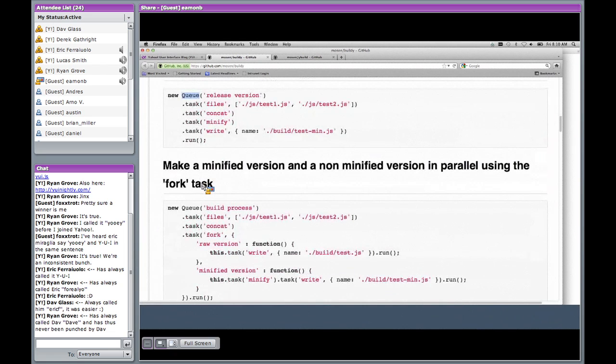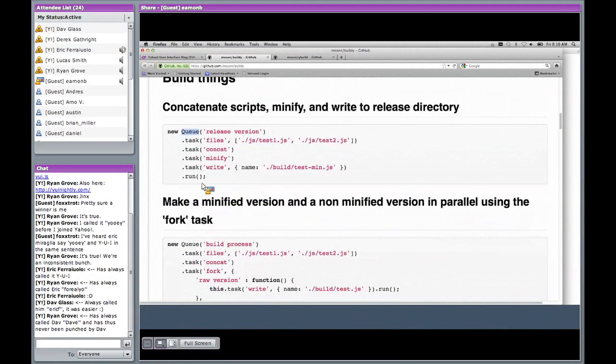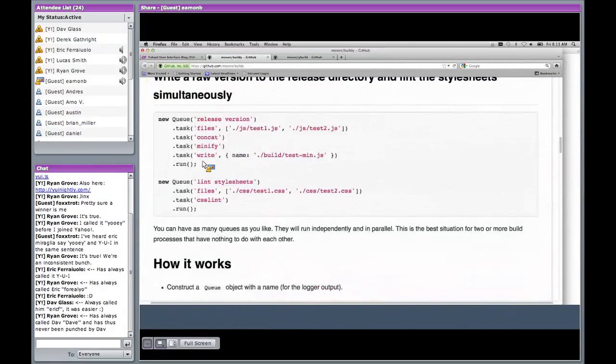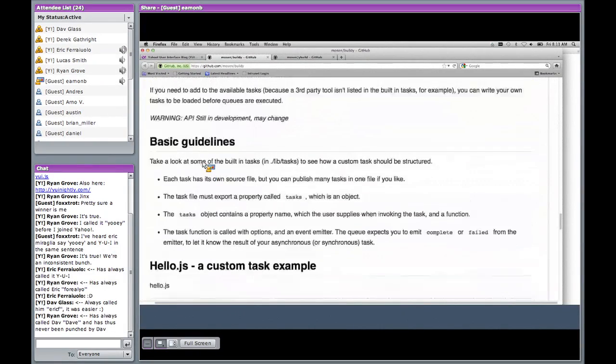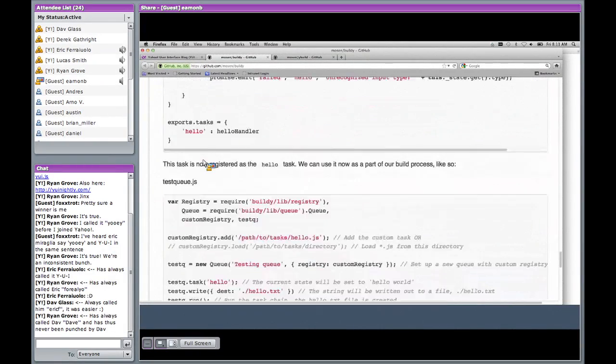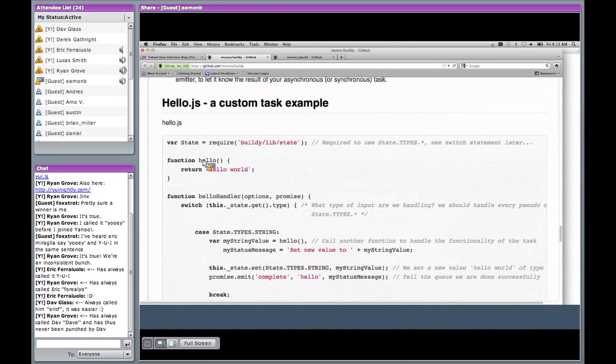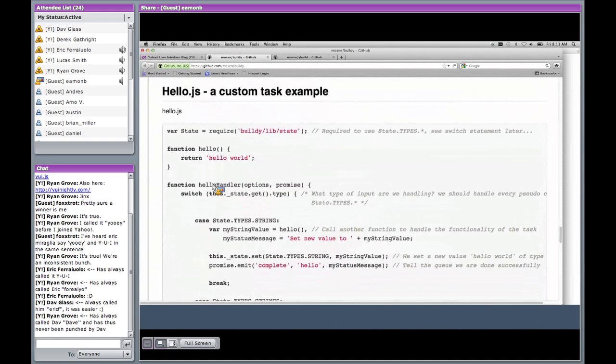So maybe we could go over what one of the implementations of a task is and see how that standardization takes place. Sure. Yeah, you're right. Okay. So, pretty much everything's on the GitHub README if you want to go over it. This is my example of a hello world task, not very original, but anyway.